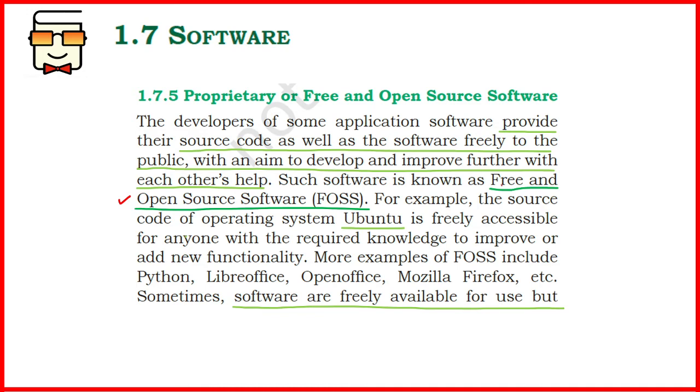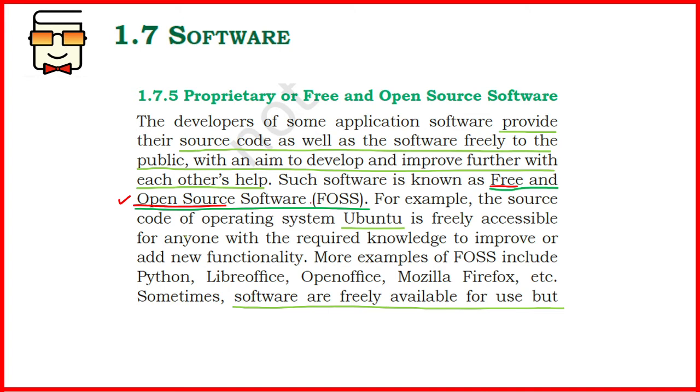Now, as the name suggests, it is free of cost and its source code is openly available. This source code is made available openly so that other people outside the development team can contribute. They can find errors, add new features, or just provide their feedback. So for continuous development and growth of the software, its source code is made open to the public. That is why it is known as open source. And when open source software is also freely available to the public, it is known as FOSS.